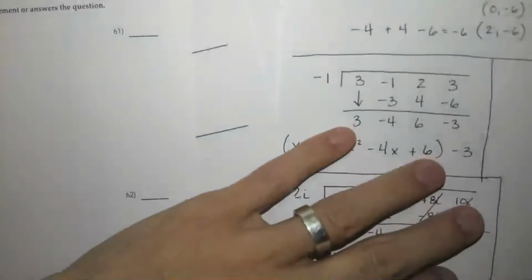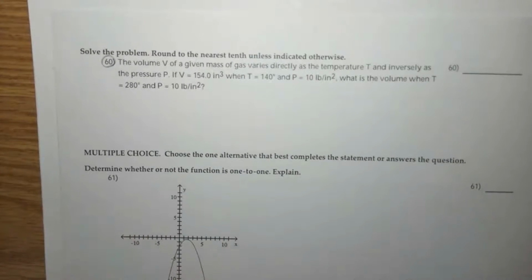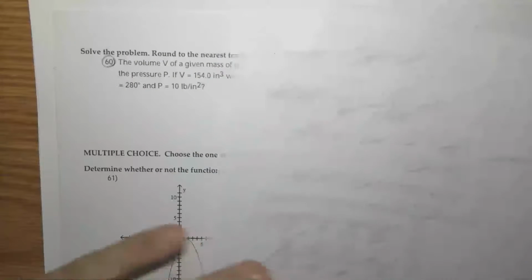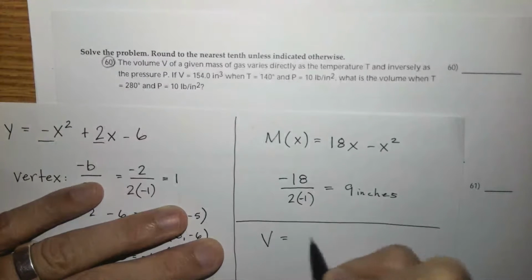The volume of a given mass. Let's see it. The volume of a given mass varies directly as the temperature T and inversely as the pressure P. V equals 154 inches cubed when T is 140 degrees, and P equals 10 pounds per square inch. What is the volume when the temperature goes to 280 degrees and the pressure stays at 10 pounds per square inch? Okay, so this gives us our formula when it says that the volume equals